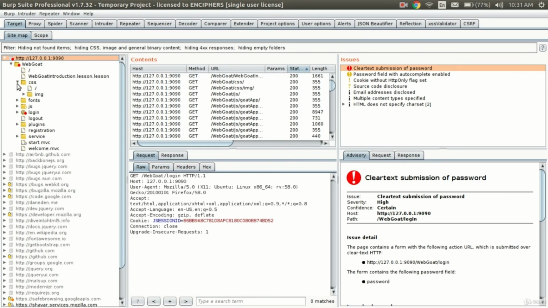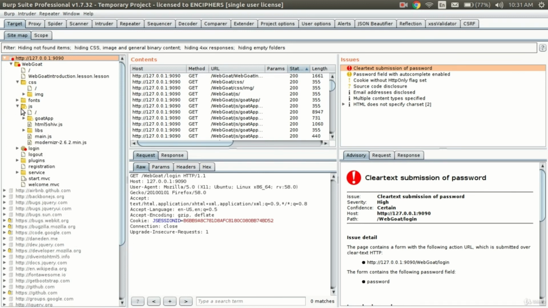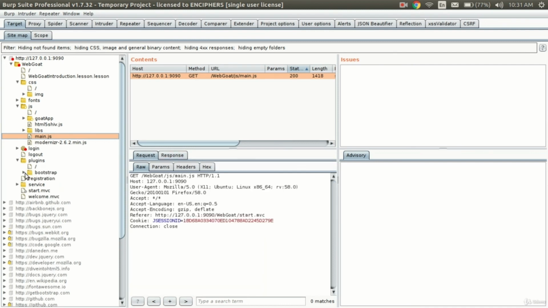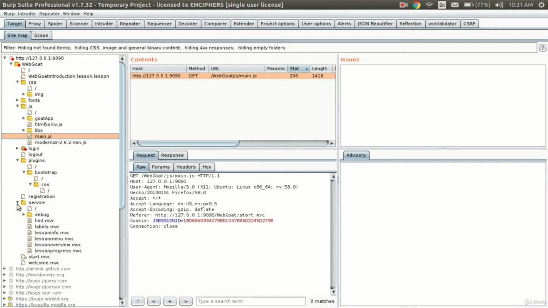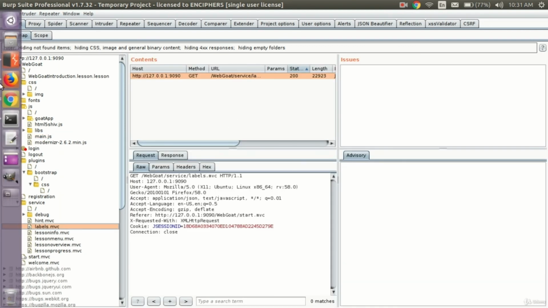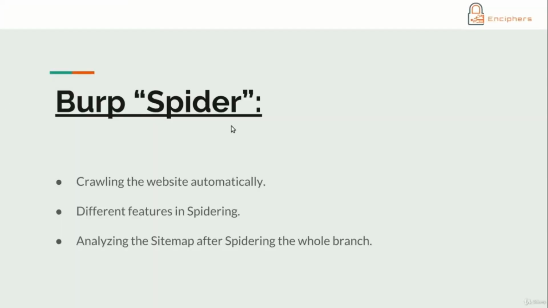Okay, what are the different things inside it, like you can see the different JavaScript scripts inside it, and you can see the request and response thing here. Okay, you can see the different plugins which are being used. And you can go deeper and deeper, and you will find many different things. Okay, so this is the Burp spider itself.